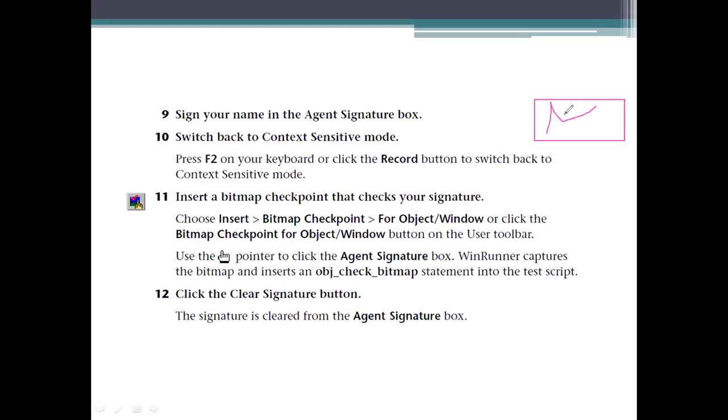Now this will be compared with the data that the admin has in his database server. We need to see whether it is allowing or not. We need to make this one a test, or you may specify the bitmap image or the GUI which has been created at this point. And after that, just clear the signature button.